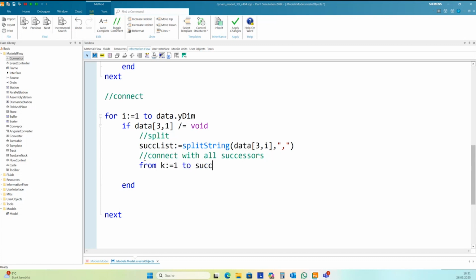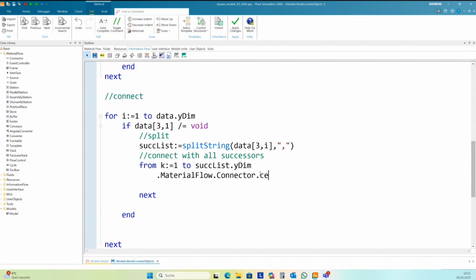So the objects I find in the list in the first column, I have all the object names, and the connectors I create with a method from the connector class. And so I can drag the connector class here into my Plant Simulation and my SimTalk editor, and then it comes the right path, material flow connector, and the method is connect.